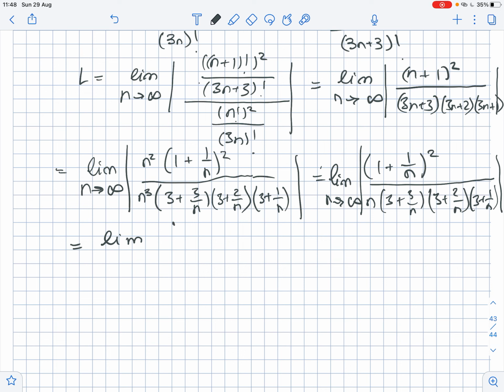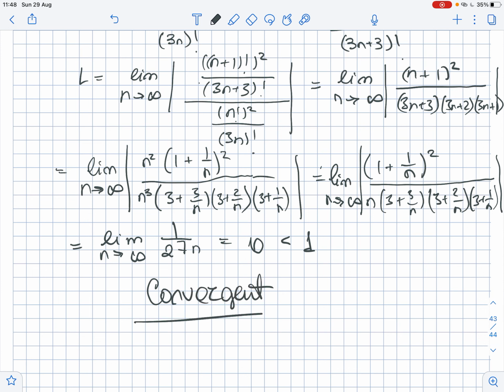So we get that this equals the limit of 1 over 27n, where n approaches infinity, so it just equals 0. Since 0 is less than 1, that means that our series